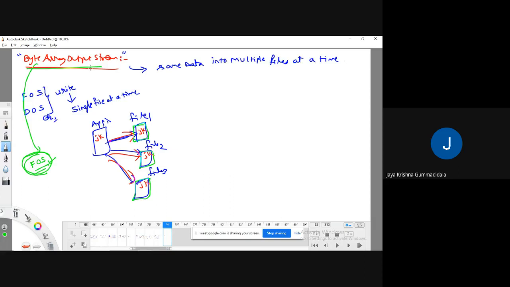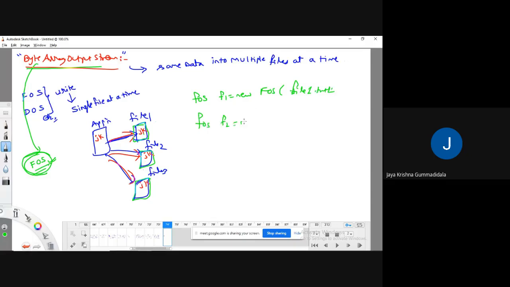I hope you understood clearly. Okay, now, for example, there are 3 files: file 1, file 2, file 3. I would like to copy some data, some character data, into these files at a time. So first, what I need to do? I need to create an object for file output stream, or not? Yes. File output stream f1 equal to new file output stream of file1.txt.